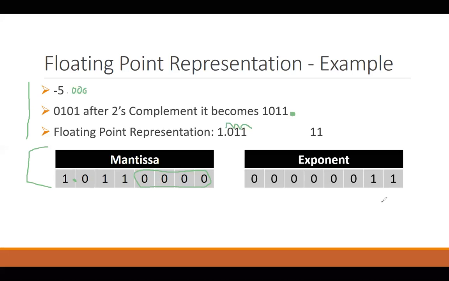So this is 3, and I'm going to move 3 places to the right, and this is going to give me this value. And now you can see that I don't have to write the zeros. Even if I do, they are not going to have any effect on my value. And this is my actual value, 1 0 1 1.